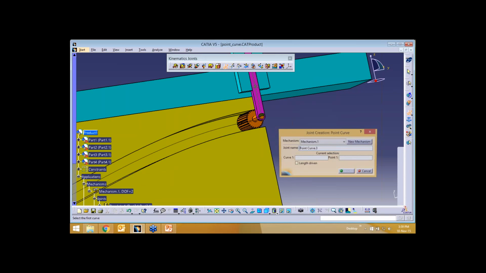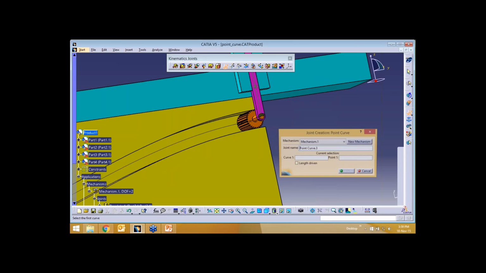So here is the mechanism. For creating this, we used a revolute joint, prismatic joint, and point and curve.